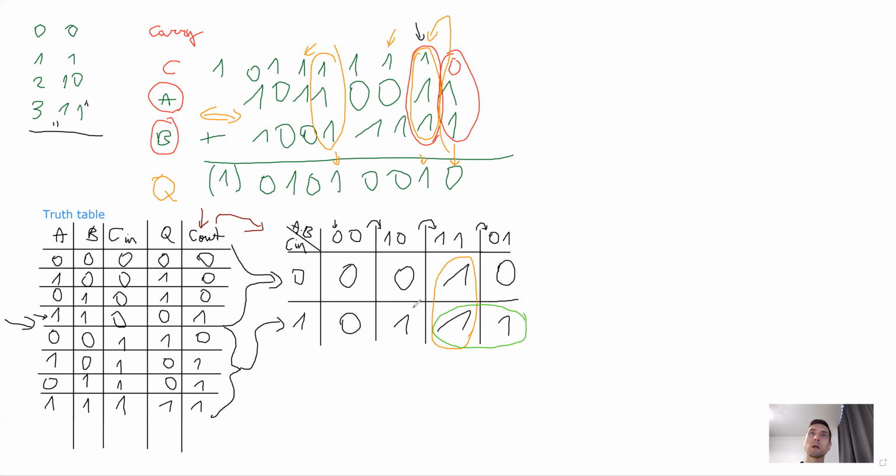And the third one, let's say, is blue, like this, right? So these ones are side by side, we unite them. These ones are also side by side, these also. So we unite them. And what Karnaugh says is you only have as many terms as you have groups. So in this case, although we have 4 ones, we have only 3 groups. And so we will only have 3 terms. Q is equal to,